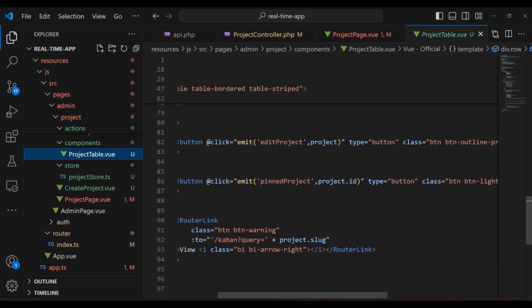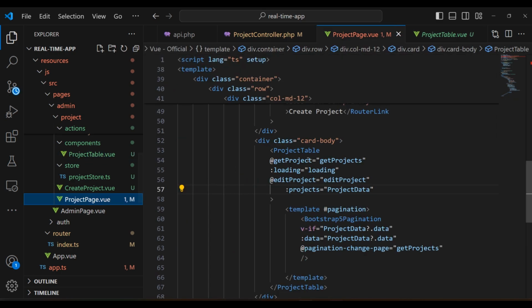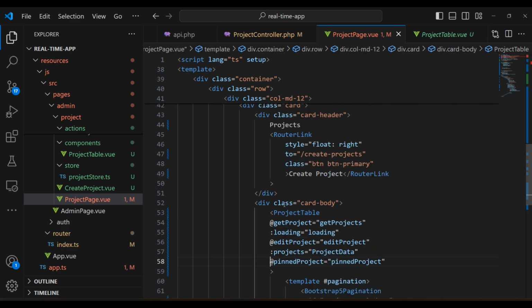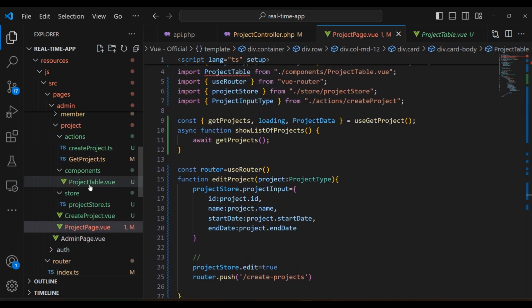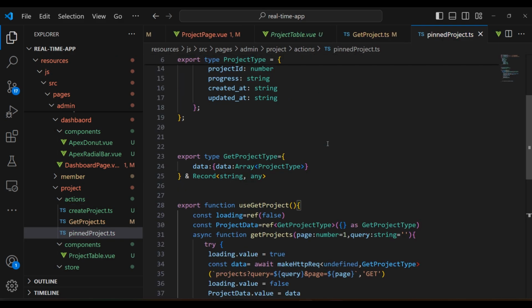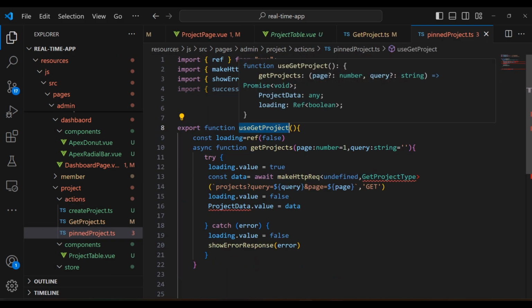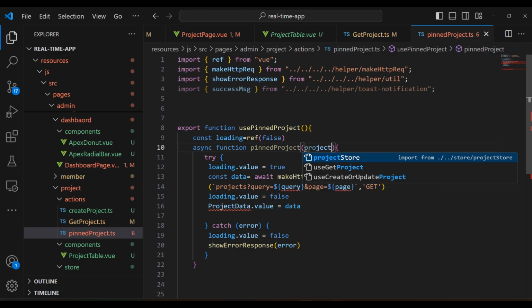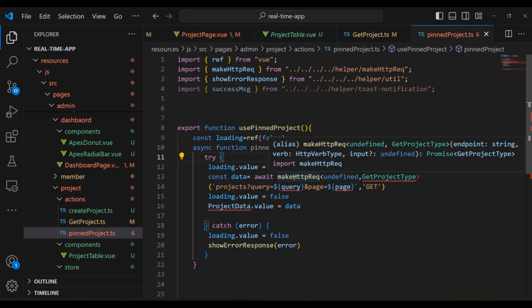And then here we are going to move to the admin page, which is the dashboard. And I'm gonna get into the project page and I'm gonna call this function pin project, and I'm gonna pass it this function. Let's try to do this. And then right here, I need to create another action in project.ts, and I'm not passing the contents. For the function use get project, we're gonna say use pinned project. We're gonna pass it the project ID as parameter project ID, and you can see our make generic,